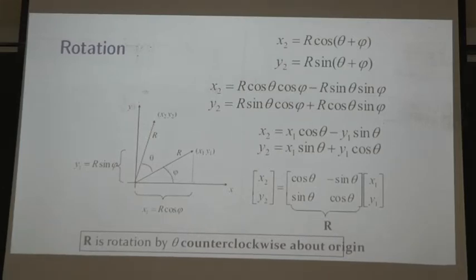Okay? So, to figure out the inverse here, I can find the matrix inverse and that would be okay. But I can just, instead of theta, put minus theta. And that would be the inverse of this matrix. And cosine of theta and cosine of minus theta are actually the same. Why is it the same? Because cosine is an even function. It has a curve like this about the origin. So cosine of plus 90 degrees is the same as cosine of minus 90 degrees because it's an even function.